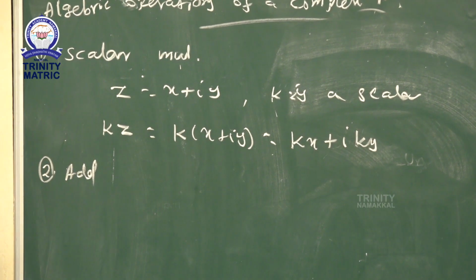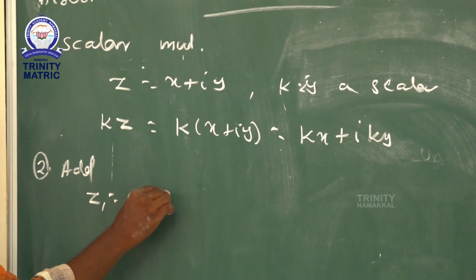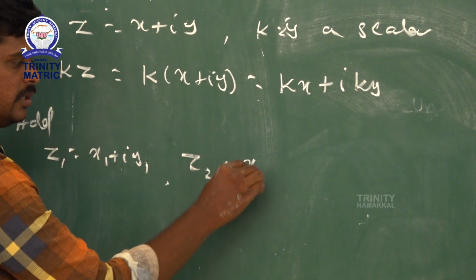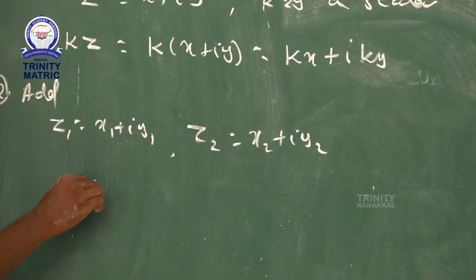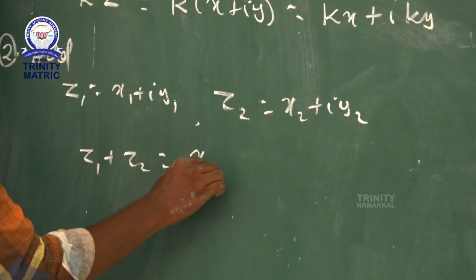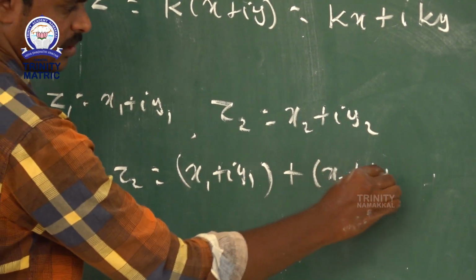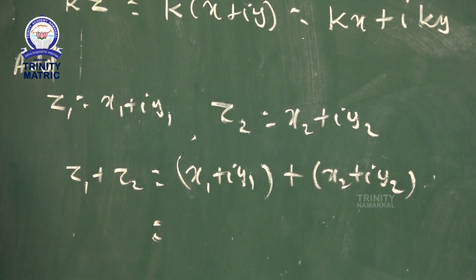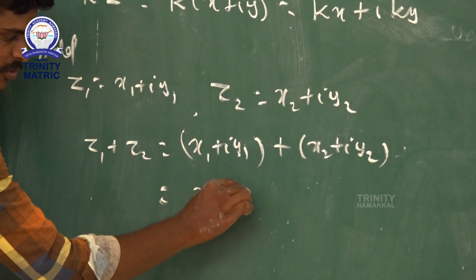That is addition of complex numbers. You take two complex numbers. The first one, z1 is equal to x1 plus iy1, and consider that the second number z2 is equal to x2 plus iy2. Addition means z1 plus z2 is equal to the first number x1 plus iy1 plus x2 plus iy2. That is the first number's real part x1 and then the second number's real part x2. Here, sum of the real terms only first.